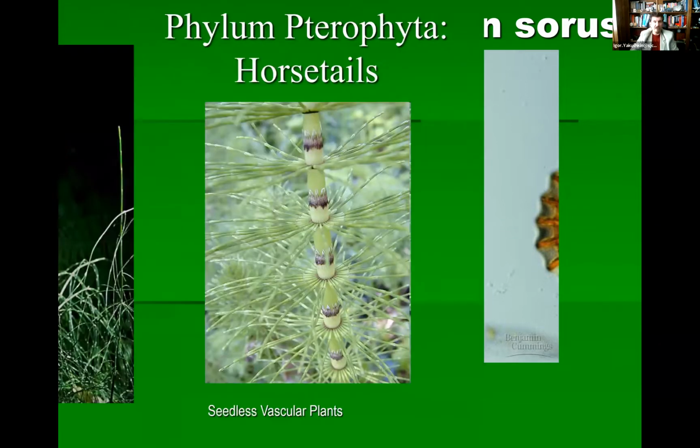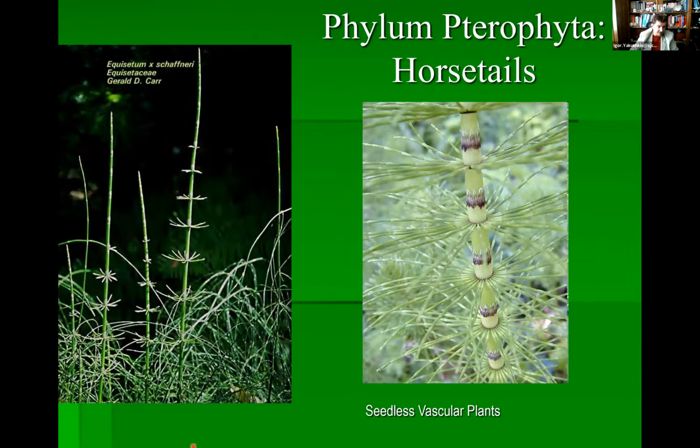So phylum Pteridophyta, horsetails. Those ones, about 200 or 250 million years ago, were growing tall. We're talking about 10, 15, 20, 30, 50 feet tall forests. Nowadays, they generally stay within 5 feet tall, relatively thin. What's really important, they have a very interesting arrangement of leaves. Later on, we'll talk about the leaf arrangements: the alternate, the opposite, and then something known as a whorl.